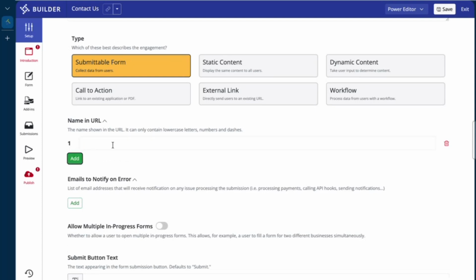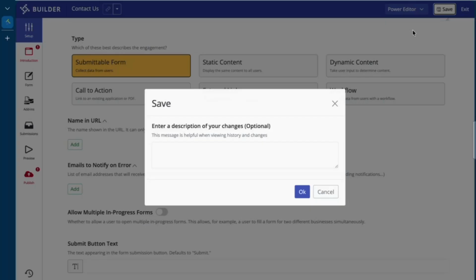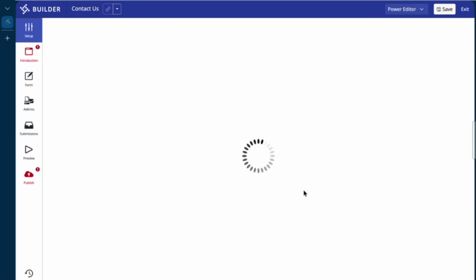The name and URL here is a way to pretty up the URL. So it essentially provides a URL alias or something at the end that makes it a little more pretty for that end user to see. Otherwise, it will be a long string of digits and letters that will be appended to the end of the URL. So if I, for example, were to save this form right here,